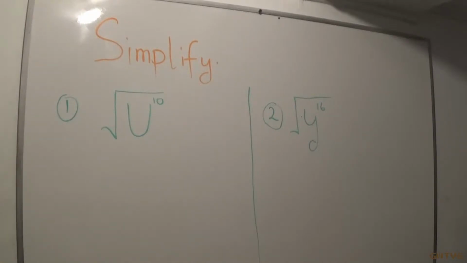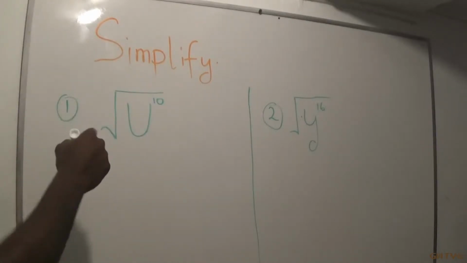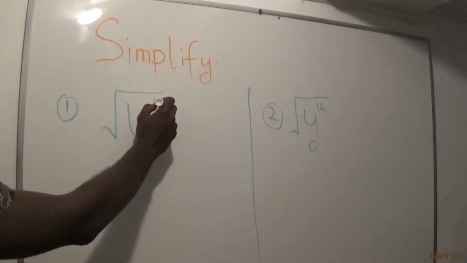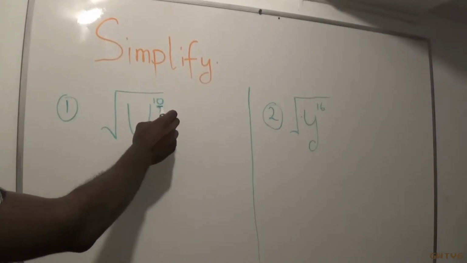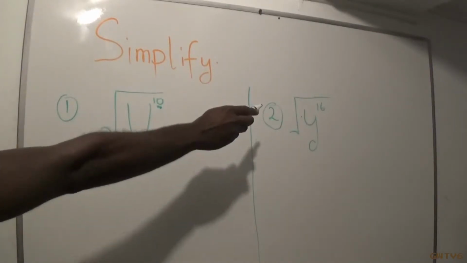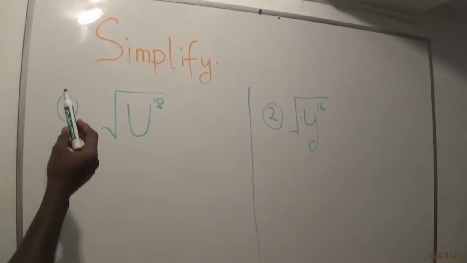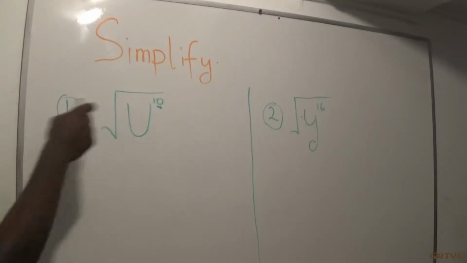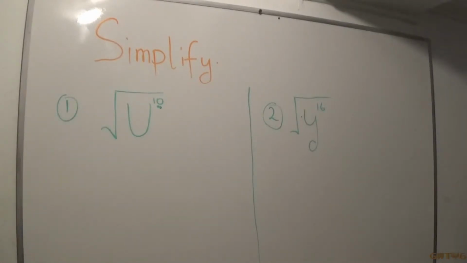So, how are you going to simplify a radical expression with an even exponent? You see how the exponent is an even number, right? It's a 10 and it's a 16. How will you simplify a radical expression with an even exponent? Well, all you do is,